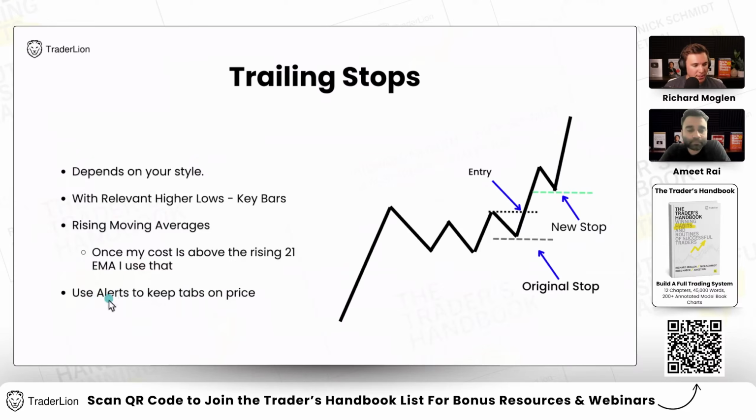And then one thing I think is really worth emphasizing here, use alerts. You can put alerts, early alerts as it's approaching your stop level. You can put it above moving averages, higher lows, so that you're aware of everything that's going on in the stock. If you're working full time, you can still keep tabs on charts simply by using alerts, and that way you're notified on your phone or email or whatever when you actually need to go ahead and look at the chart. So alerts are free. Definitely go ahead and make use of them in your platforms to keep tabs on price, so you don't have to be watching the chart every single hour of every single day.